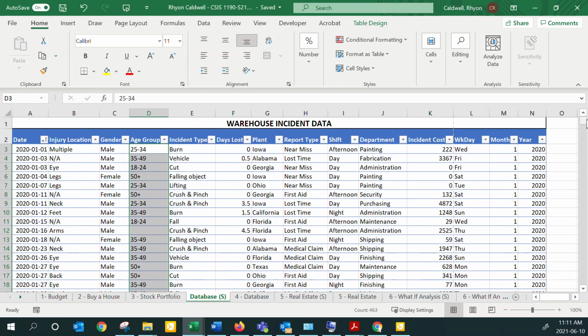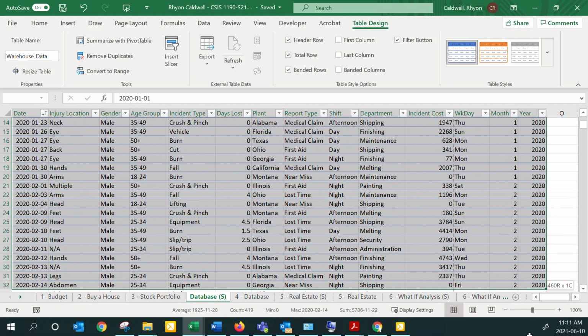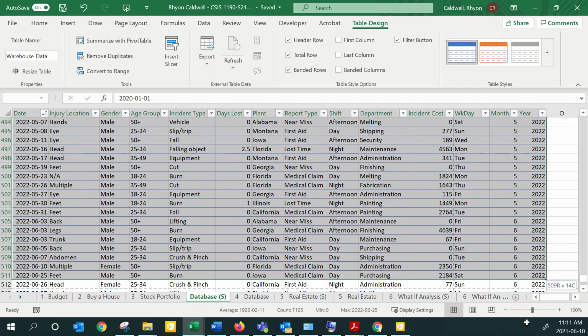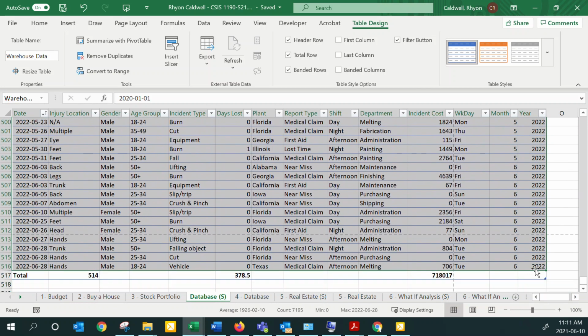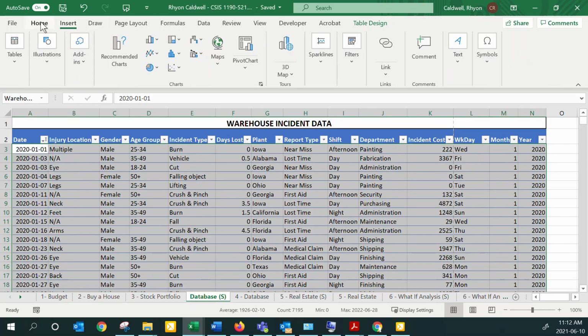Why don't we just go back up here, and I'll go back in the table design, click on the table, and let's just apply this to everything. So I'll go right across and all the way down. My first conditional format I'm going to set up here is to look for empty cells. So I've got everything highlighted. Now I'm going to go back into my Home tab,